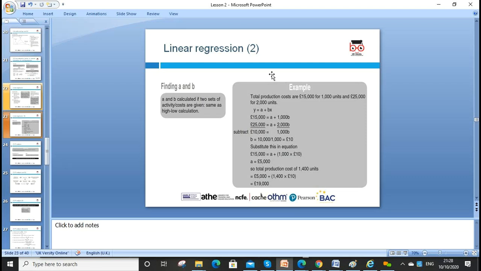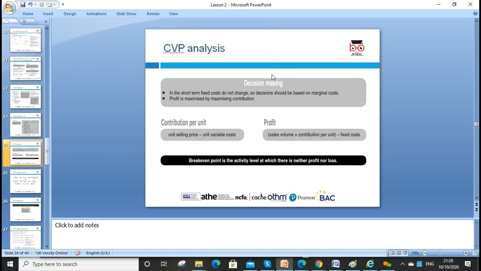So total production cost for 1400 units, so 1400 units times 10, so that will come to 19,000. So we can find the difference by using the high and low method, where we look at the high unit and low unit cost difference and the unit difference, and we can find the variable cost per unit. CVP is called cost volume profit analysis,